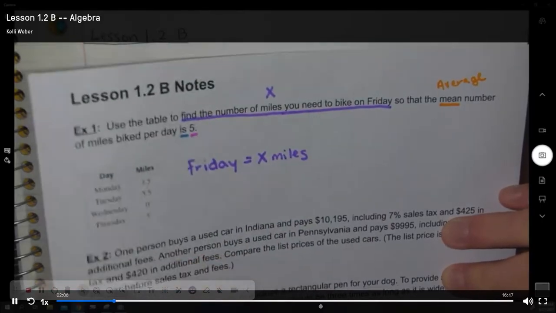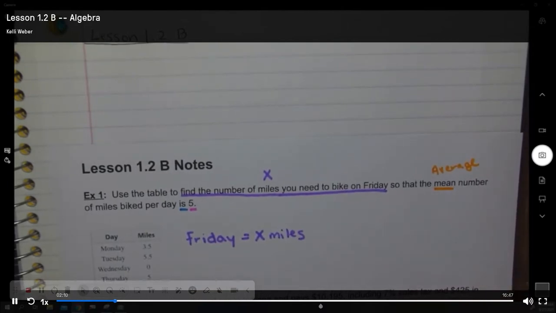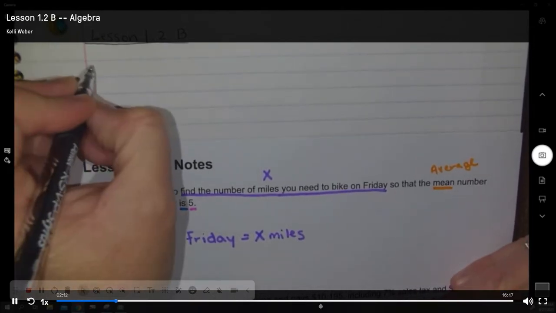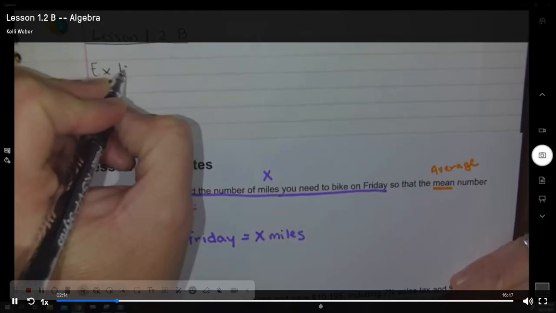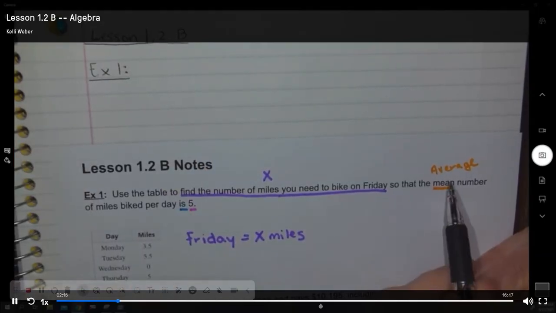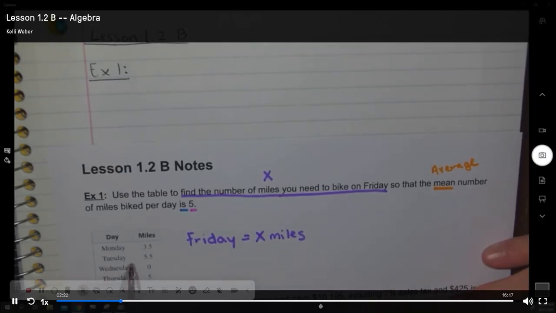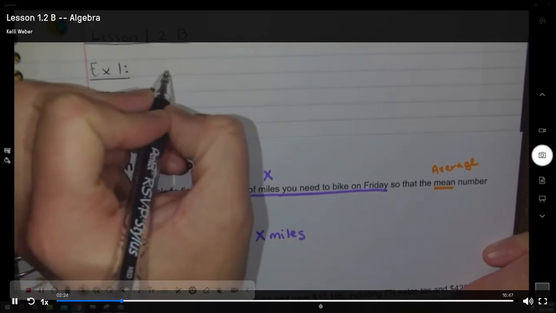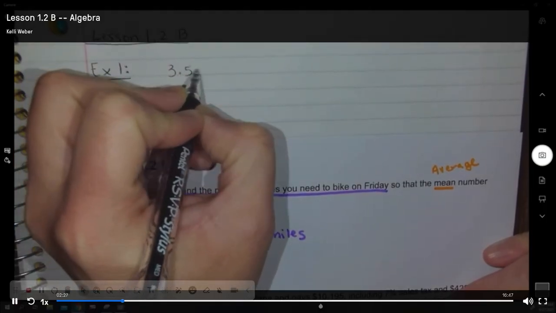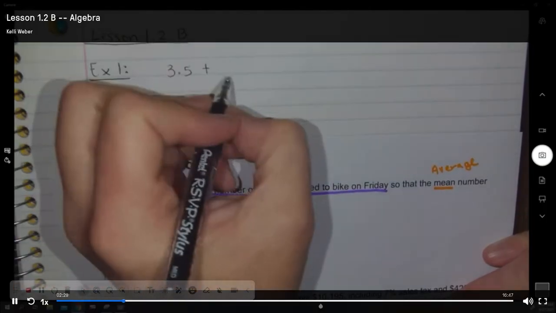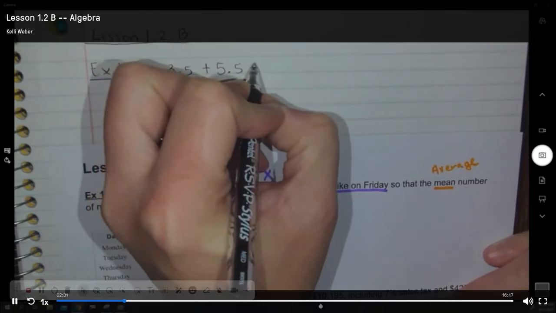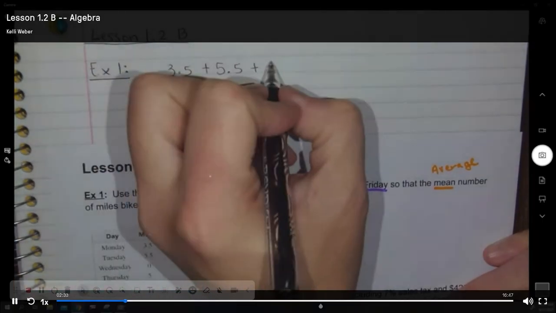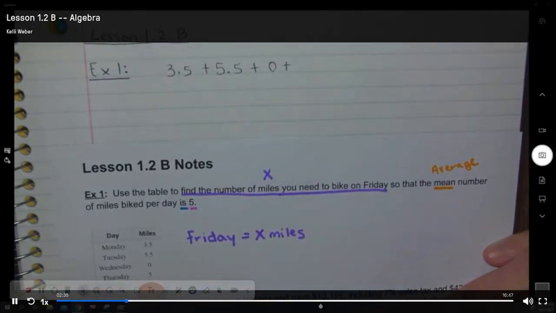Okay, so when we go to put this information into an equation, remember we talked about the average, so it is all of the days added and divided by the amount of days. So we have 3.5 plus 5.5 plus 0 plus 5